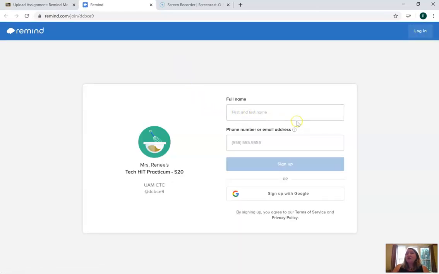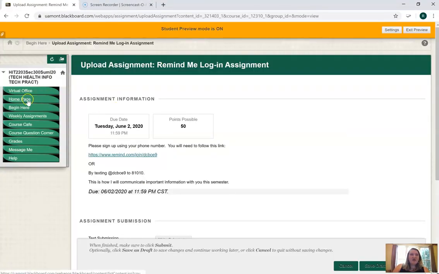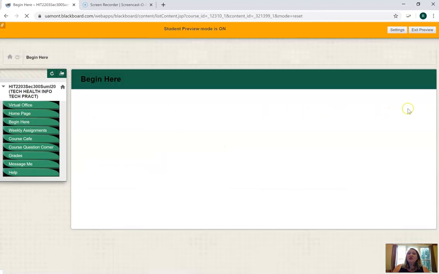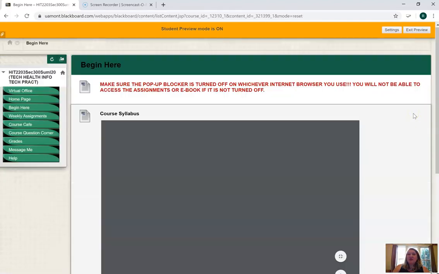But you can just click on it on a computer. It'll take you to the Remind Me app, where you enter your full name and your phone number or email address, and then just sign up for the HIT Practicum. So that's your Begin Here, and those are the 4 different things that are in there.